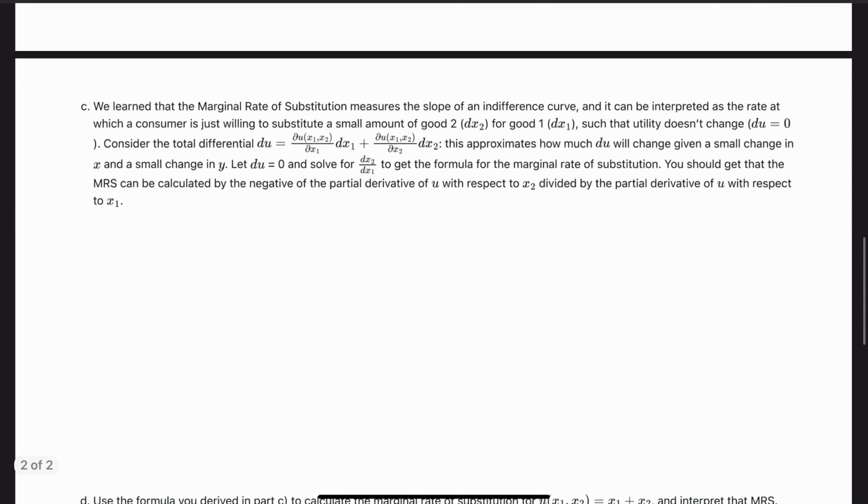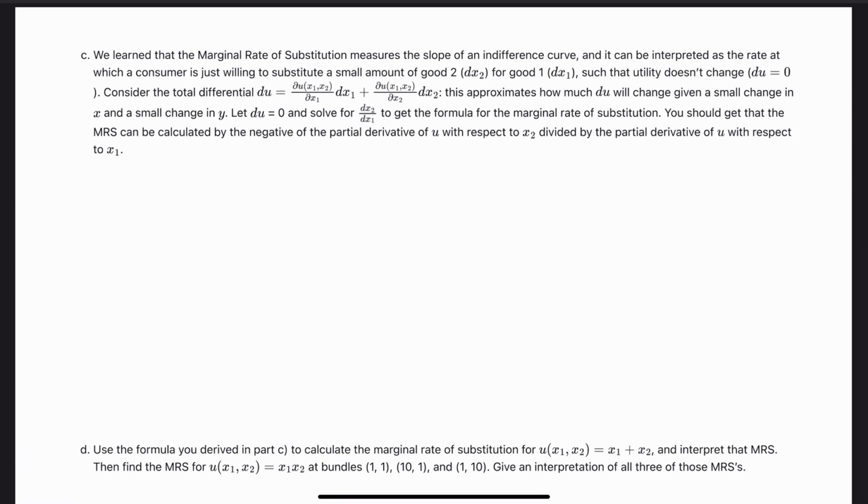All right, let's go on to part C. Part C says, we learned that the marginal rate of substitution measures the slope of an indifference curve, and it can be interpreted as the